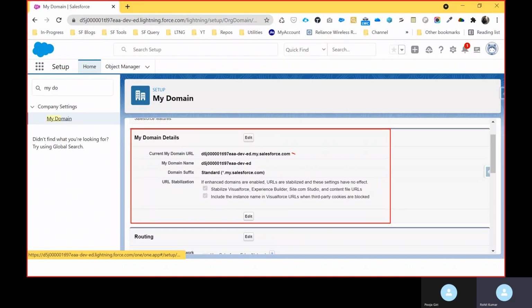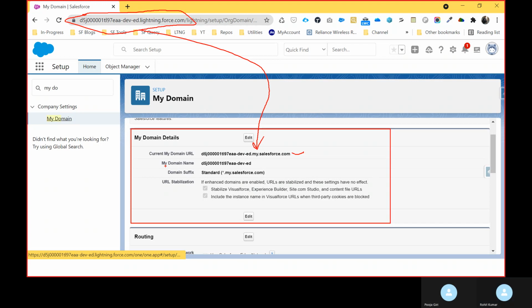This URL you can see here at the top automatically came here. And this is my domain name.